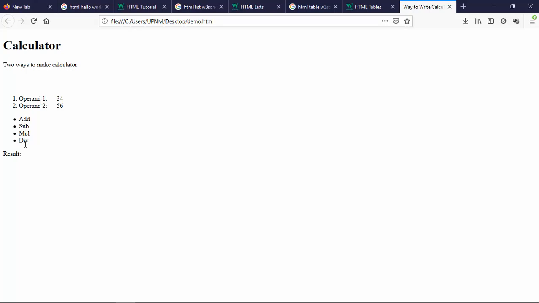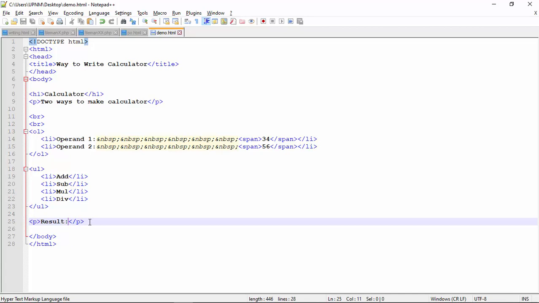But now nothing happened because we have not finished with the project yet. For this demo, we just want to see how to put the HTML code first. This is a kind of ridiculous calculator because the value is static, 34 and 56. For a real calculator, we want the user to be able to give the value that we want to calculate. But this is just for the sake of example, to show that JavaScript can read anything from the web page if we make a proper coding.